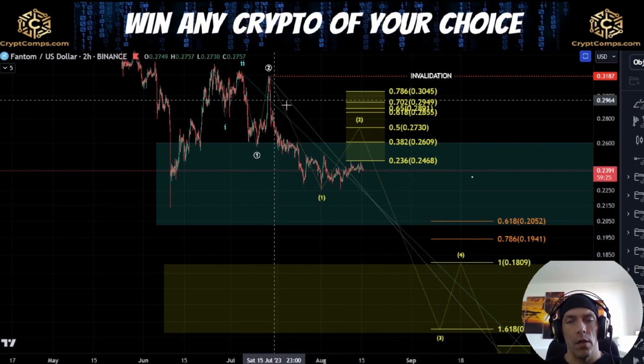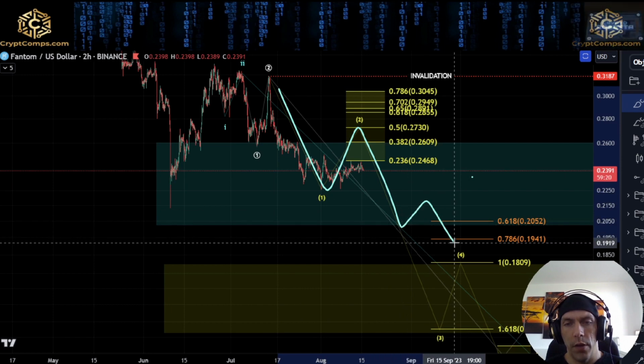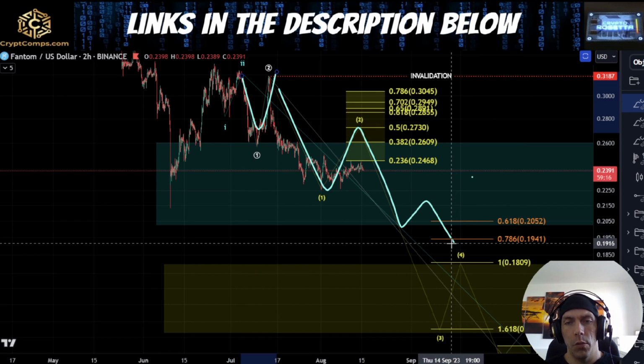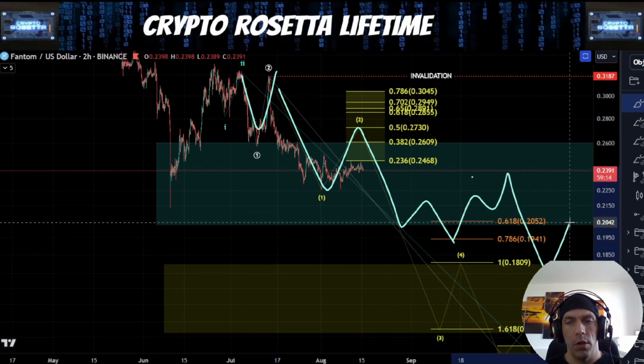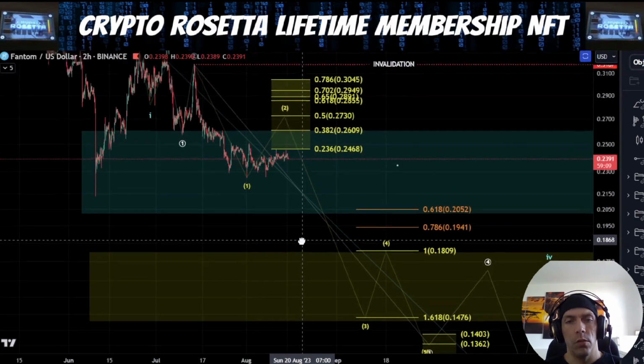What we could then see is that this move could actually become 1, 2, 3, 4, and 5 into this area, and then we would still have this as a 1, 2. So we'd get another fourth and a fifth, and then we get another fourth and a fifth. So this would just mean that there's extension to the downside, and what this could mean is that either we